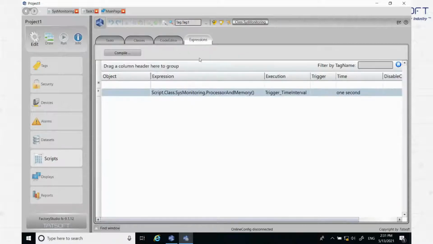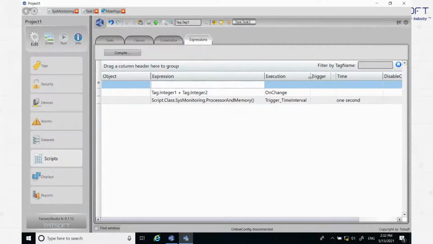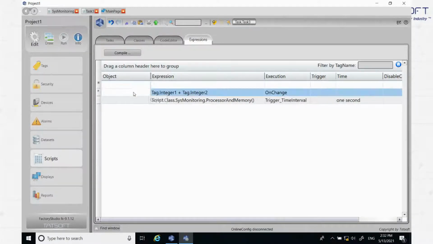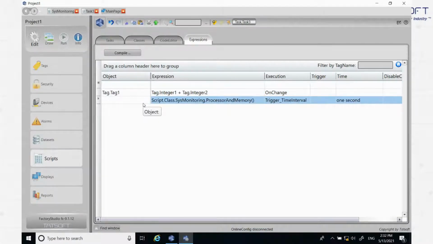Or sometimes we just want to do some simple expressions. You just create something like that. Okay, pick up tag 1 plus tag 2, and I want to execute this expression every time I have a change in those variables and save that on this tag. So if you want to do something more event-driven, that's what I call expressions. We manage,